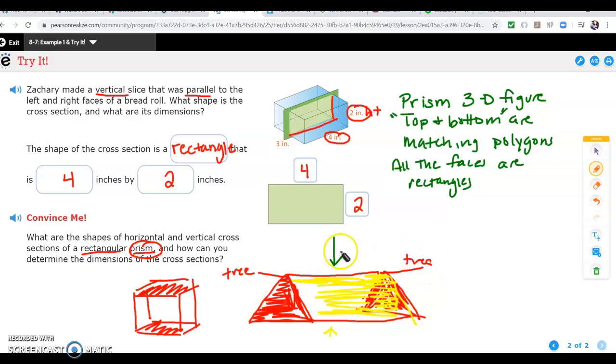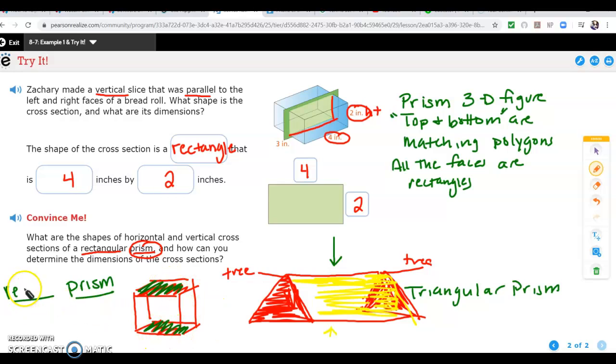So in this example, there's 3 faces that are yellow rectangles. The top and bottom are actually red triangles, so they would call this a triangular prism. This figure over here, the top and the bottom are actually rectangles, and the sides are also rectangles. And so you name it, the second word is prism, and the first word is the shape that describes those polygons that matched each other. So in this case, we call it a rectangular